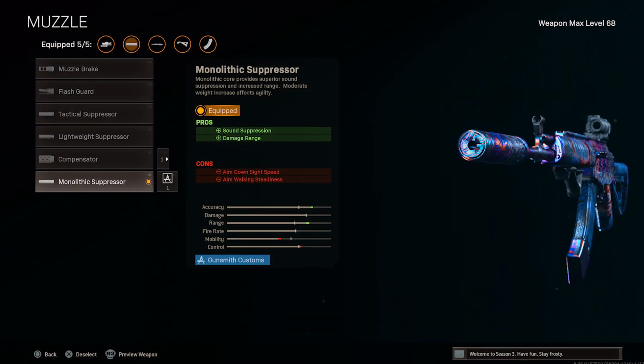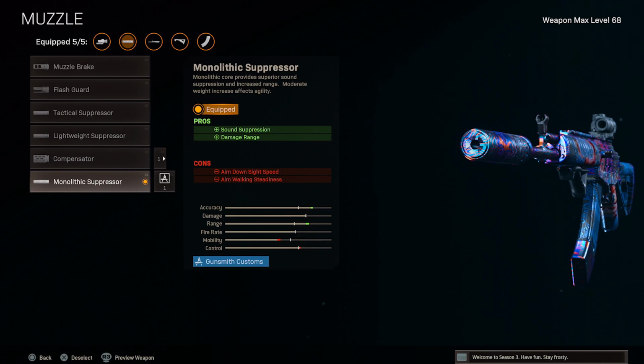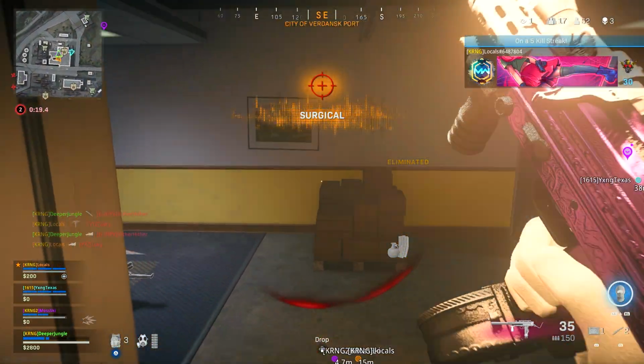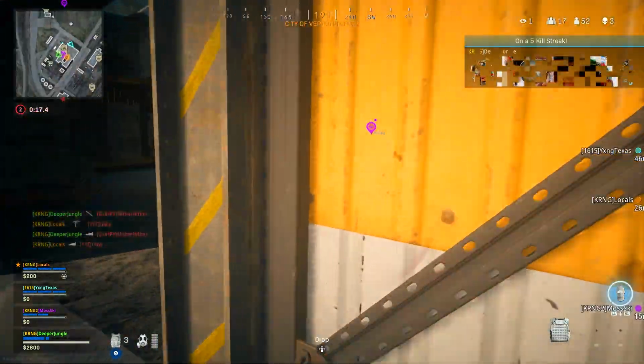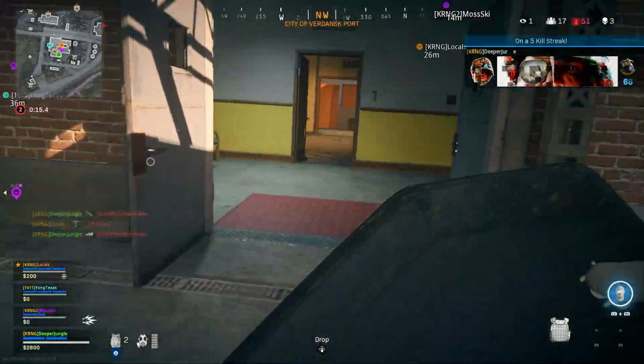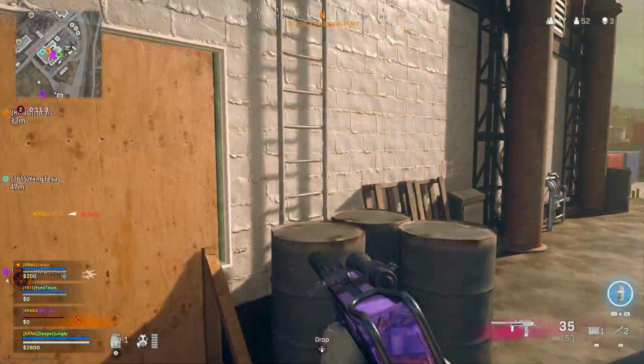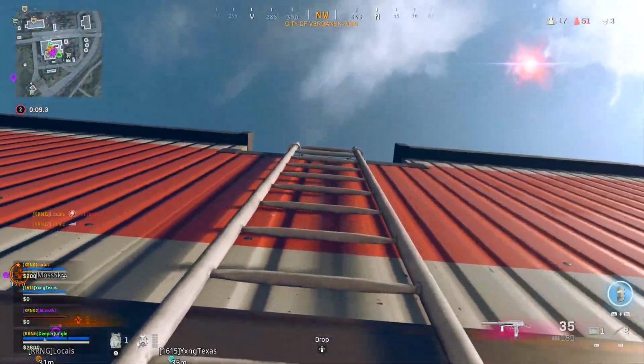For my first attachment, I will be using the Monolithic Suppressor, which will be increasing the sound suppression as well as damage range, and will overall make this weapon a little bit more effective at those medium to longer range engagements. And of course, the Monolithic Suppressor is a good attachment on pretty much any Modern Warfare weapon in Warzone, as of course it will be keeping us off the radar. In addition to that,